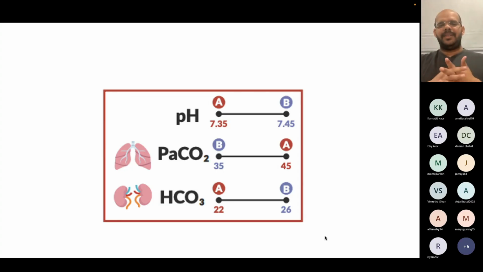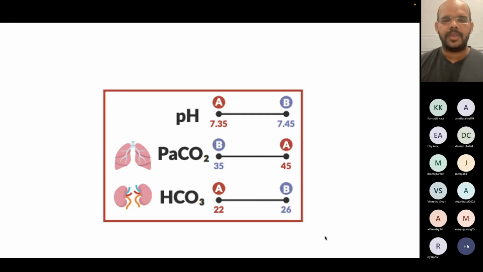Okay, so these are the three important things you should know: pH, PCO2, and HCO3 bicarb, partial carbon dioxide and bicarb. These are the three things which decide your ABG. Acidosis and alkalosis decide whether your body is in acidosis, alkalosis, or a neutral